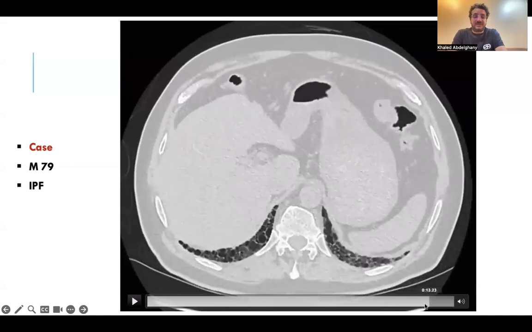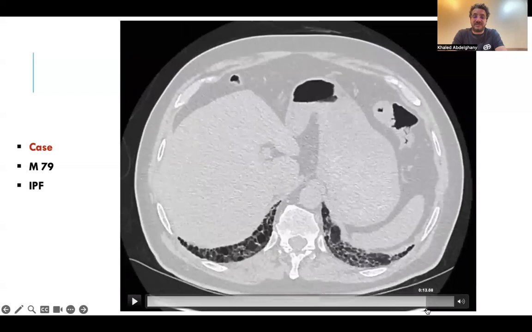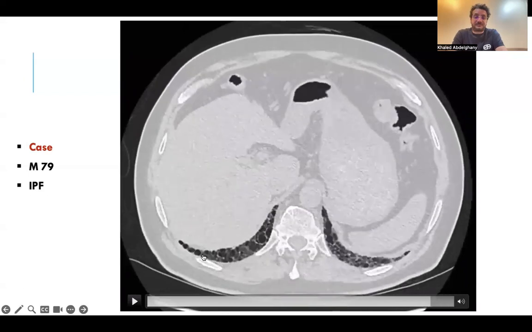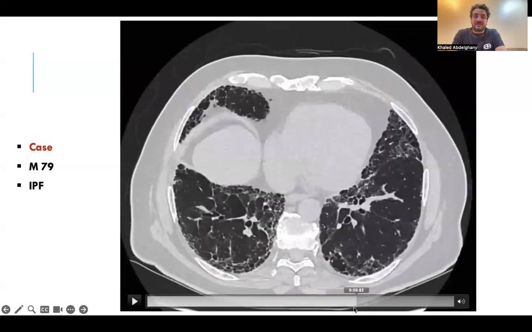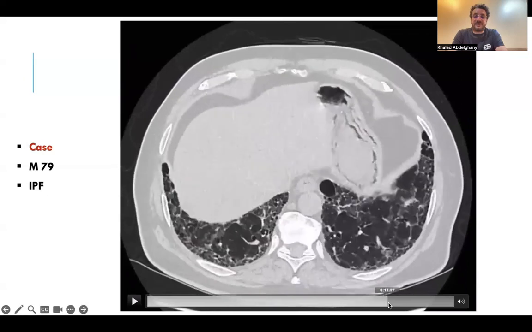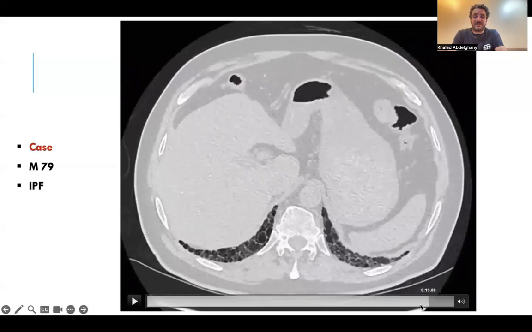Here on the lung bases, you can see nicely how we have the honeycomb cysts. At the lung bases, this will differentiate between typical UIP and probable UIP. And the role of the radiologist is to mention in the report typical UIP, not to mention that it is idiopathic pulmonary fibrosis, because